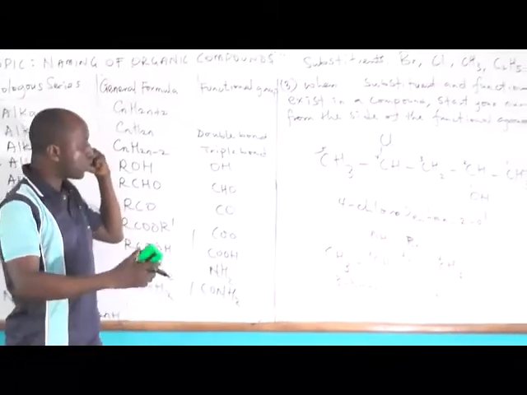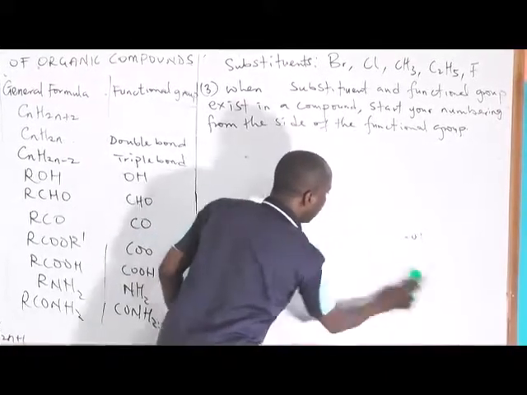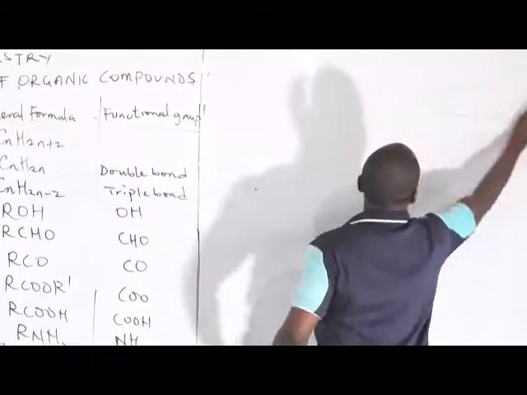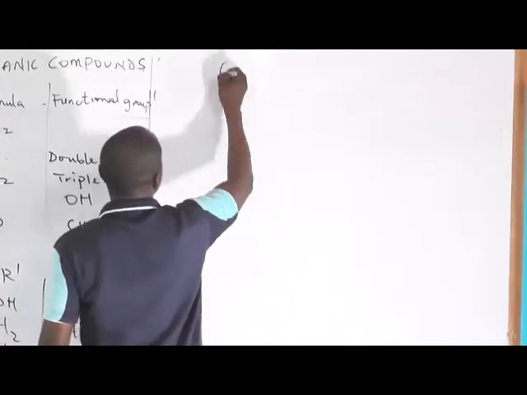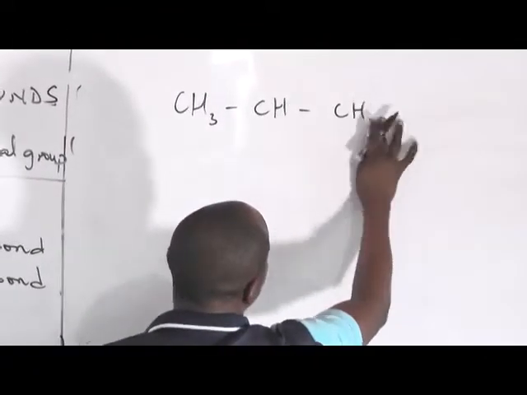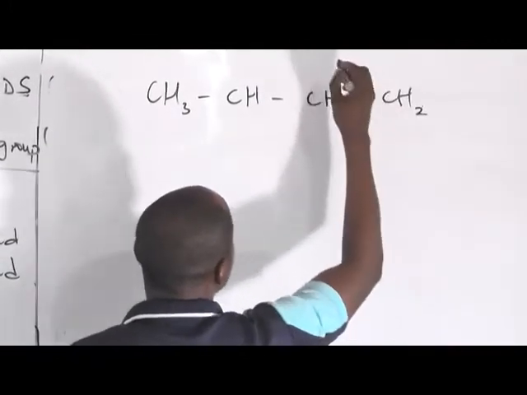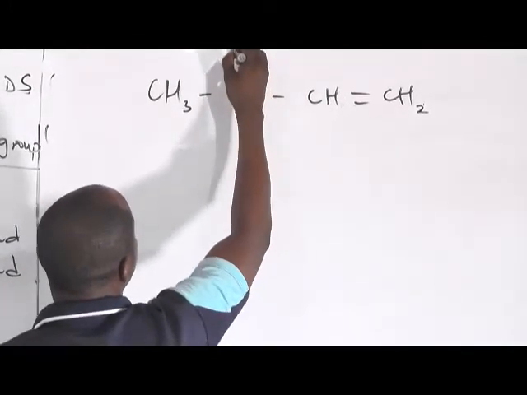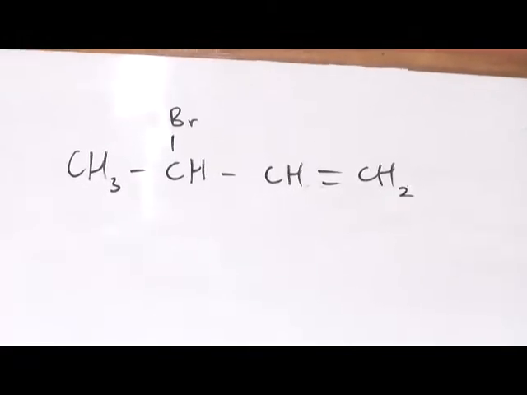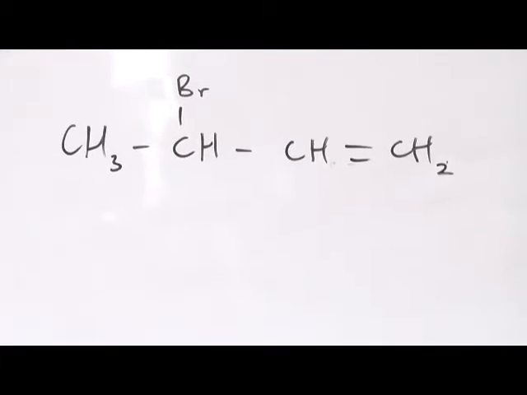You may be wondering how come I'm using OH all the time. What if we have another compound which is not OH? It is not an alkanol compound. You can have this CH3, CH, CH2, CH, CH3. So I'm having my bromine here. Now they said, give the IUPAC name of this compound now. How do you give the name for this compound?